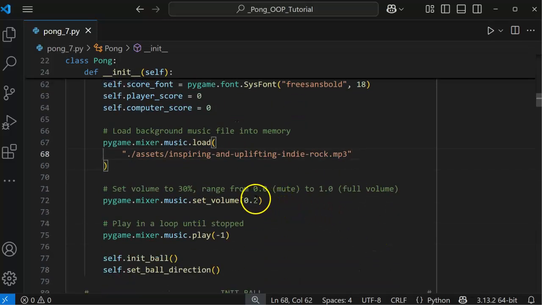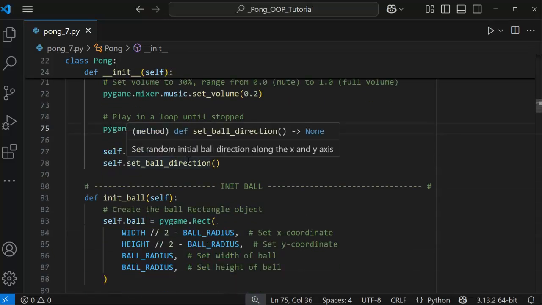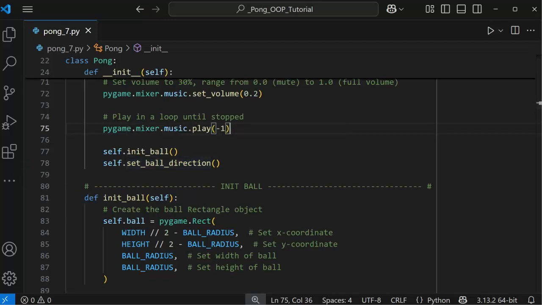We're setting the volume to 0.2 because otherwise it's just a bit obnoxious, I think. This means that it keeps going until it's stopped, which means as long as the game is going and it isn't over, you hear that wonderful music, which I actually like. The only other thing we change,